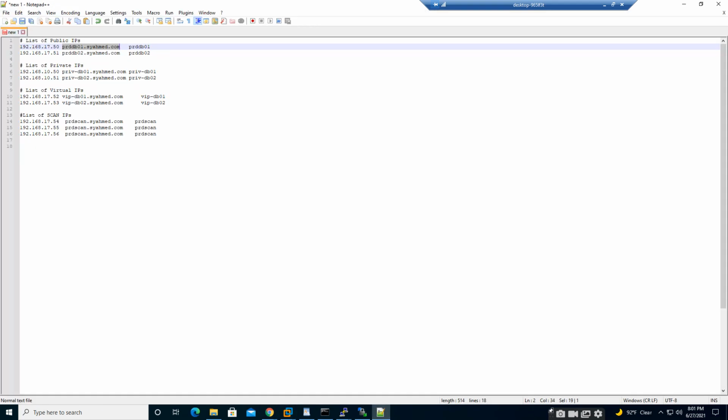So now we have to add the scan IPs, which are PRD scan 54, 55, 56. PRD scan, 192.168.17.54.